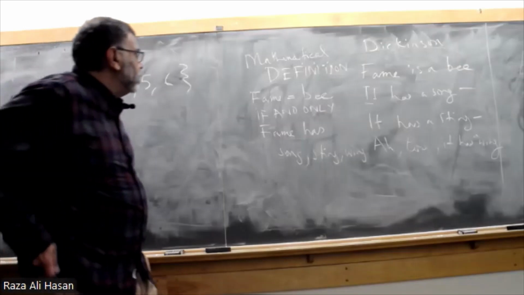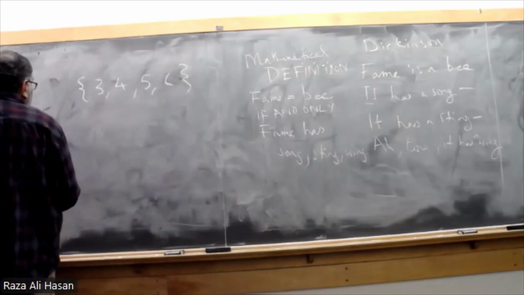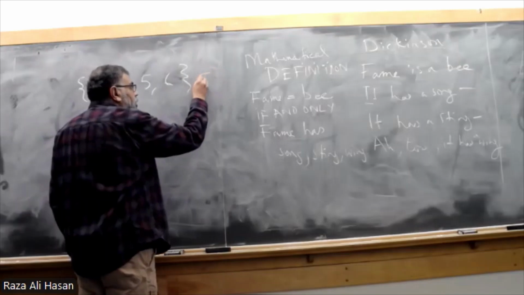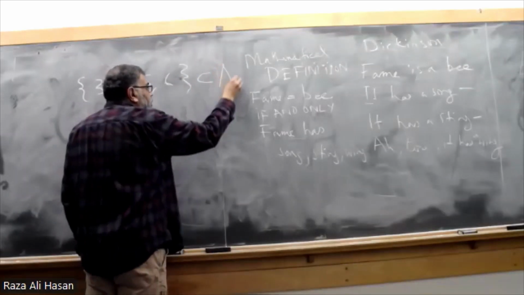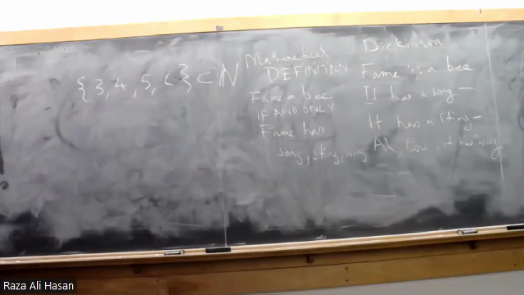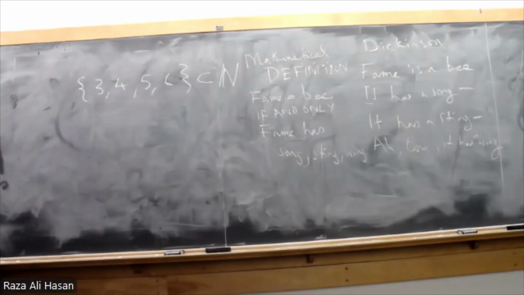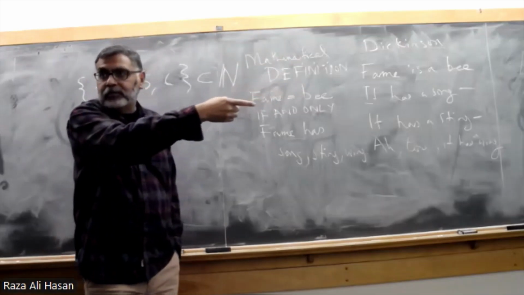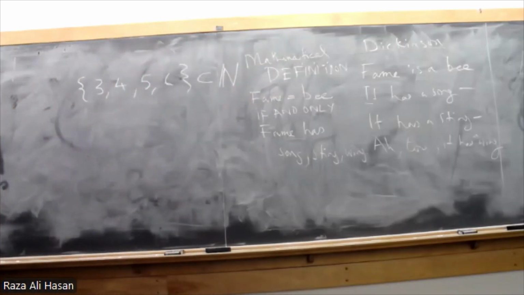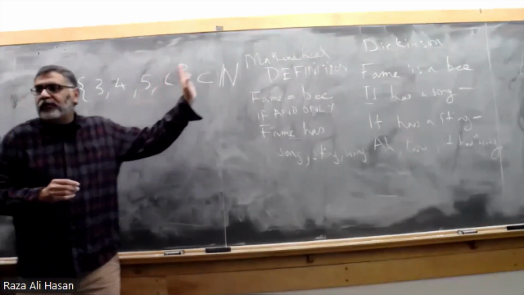Okay, so my question is, is this a subset of the set of natural numbers? That's true, right? And the set of natural numbers is a special set that has infinite numbers, and it starts at 1, 2, 3, and goes on forever. Okay? All right, so my question is, is this set bounded? Does it have bounds? Yes. What does it mean that it's bounded? It means it doesn't go on forever.